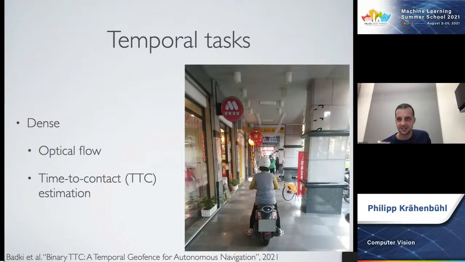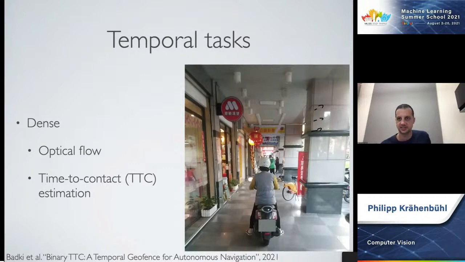And this is a nice formulation because it turns out it's somewhat invariant to the characteristics of the camera itself. You can do time to contact estimation without knowing anything about the calibration of the camera. I think it was the best student paper, best paper this year at CVPR that really showed that this is a solvable and also easily solvable problem.